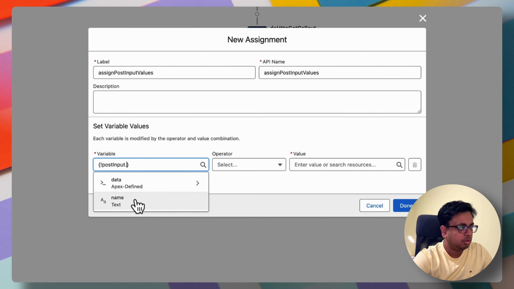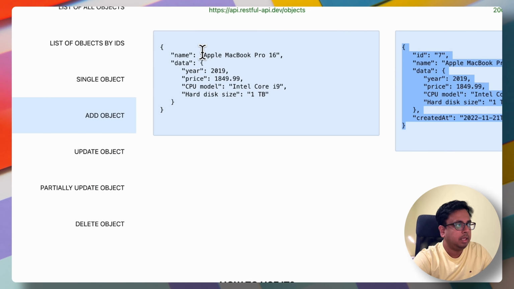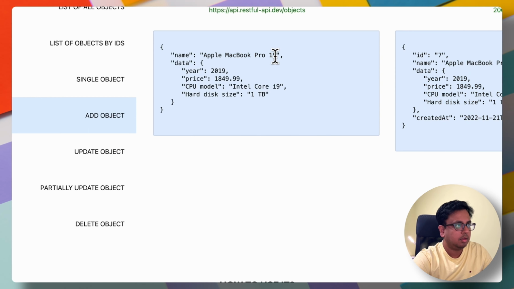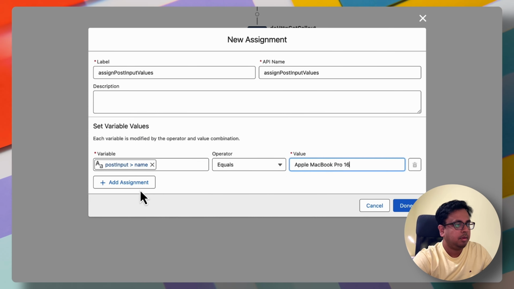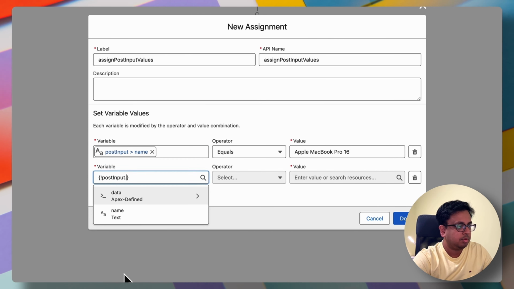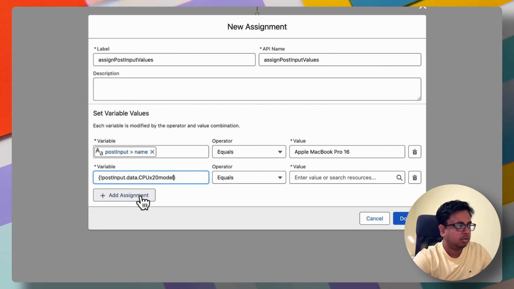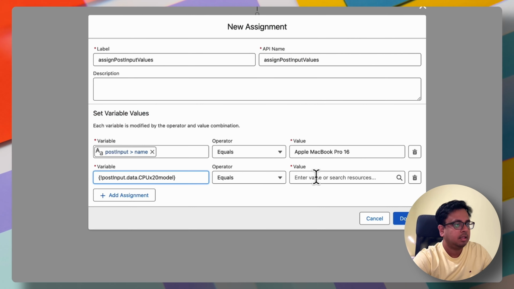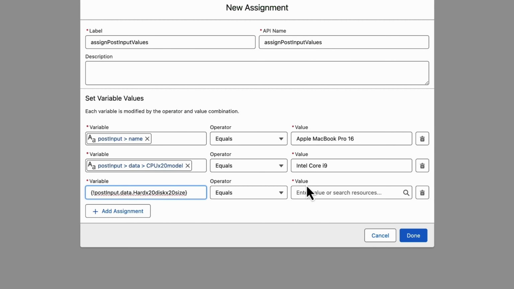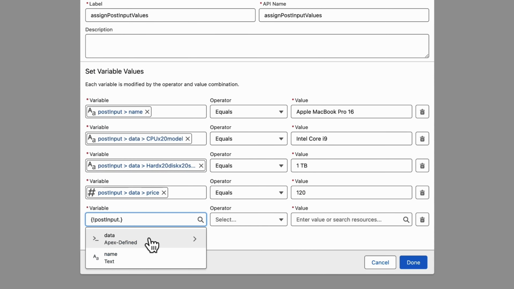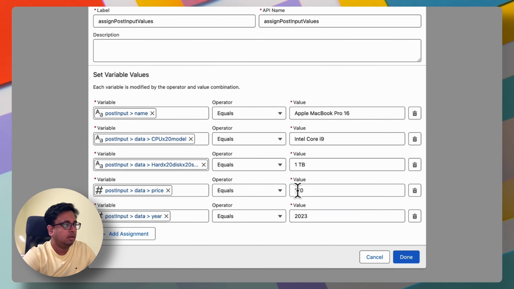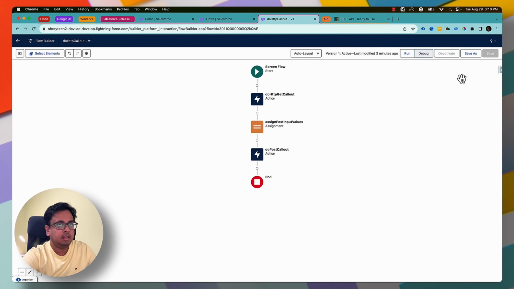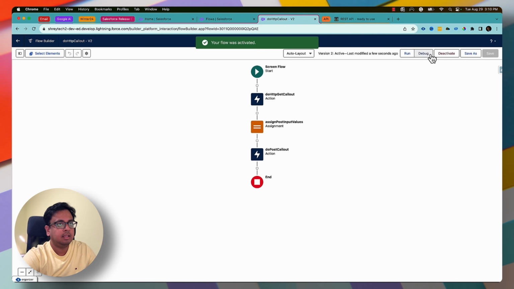So post input dot name, which will be this one. Similar way, post input data dot CPU, which is Intel Core i9. So all the values I have assigned. Now click on done, save this flow, activate, and if I do a debug,